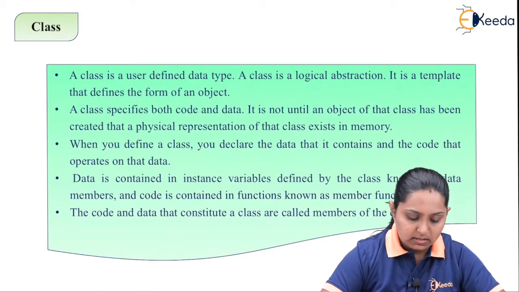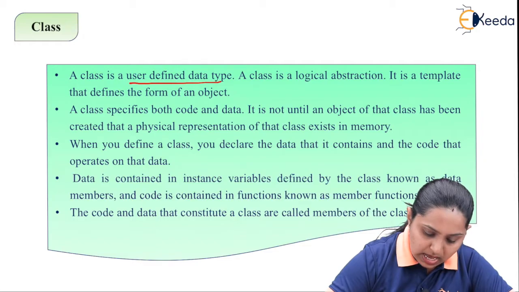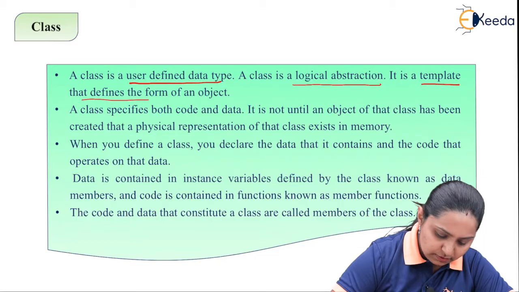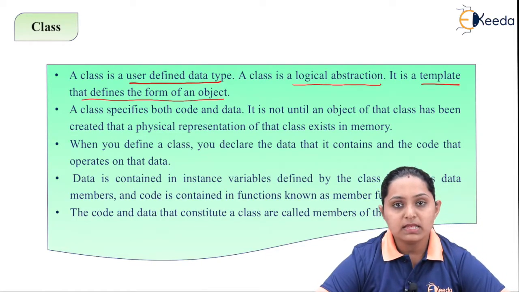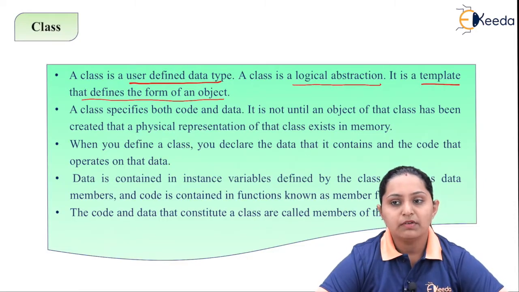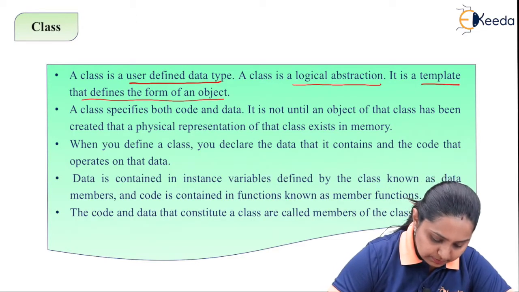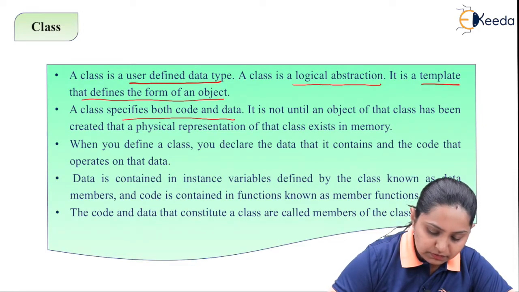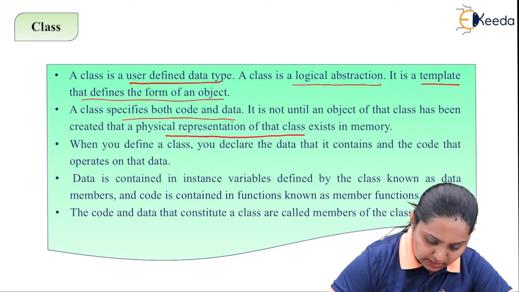A class is a user-defined data type. Plus, a class is a logical abstraction. It is a template that defines the formation of an object. A class is a collection of data and functions which are going to be used for the object. A class will specify both code and data. It is not until an object of that class has been created that a physical representation of that data exists